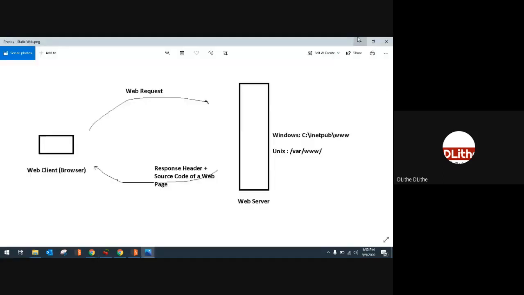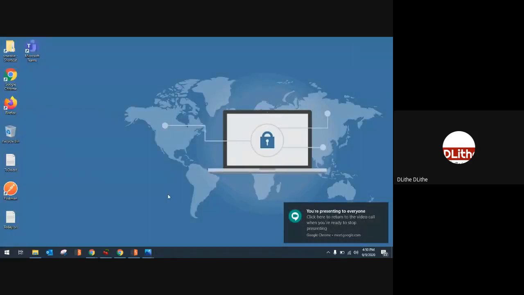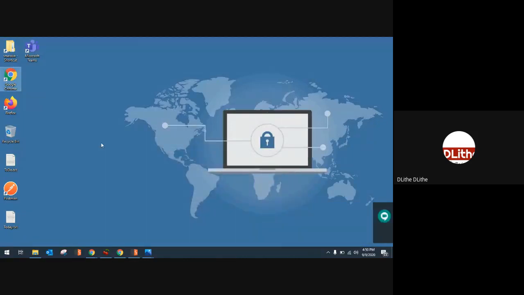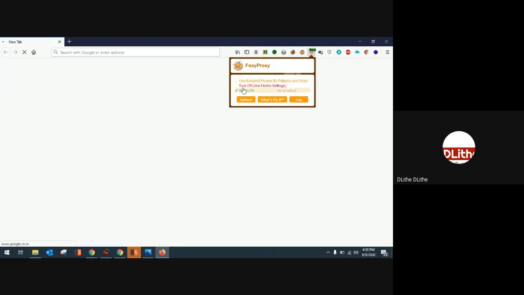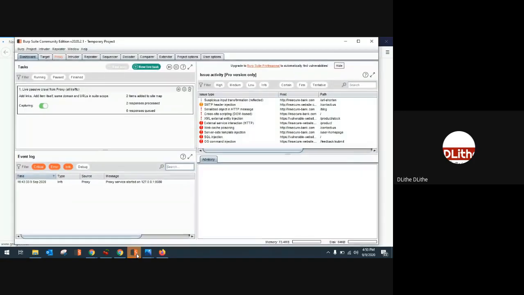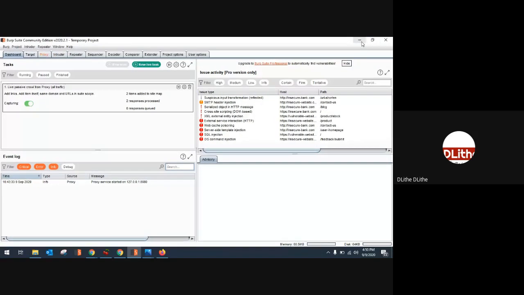Clear? That's the reason why it is very crucial in bug bounty and web application attacks. Obviously we're not going to go deeper into Burp Suite, because Burp Suite is a subject in its own right, and it would be foolish to cover the entire tool in a very limited amount of time. So I'm just using Burp Suite as a tool so that we can crack passwords. Clear? Now first let us see how to configure Burp Suite with your browser so that you can perform any type of attack.